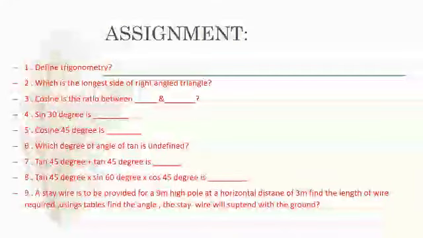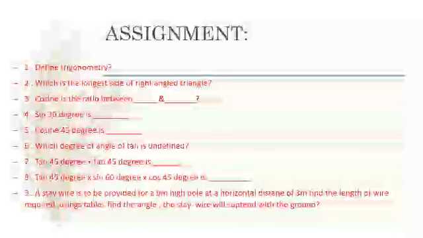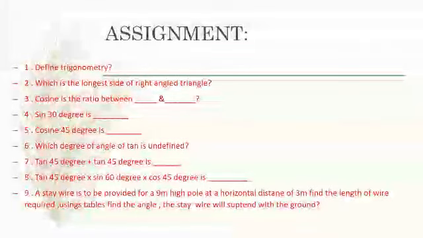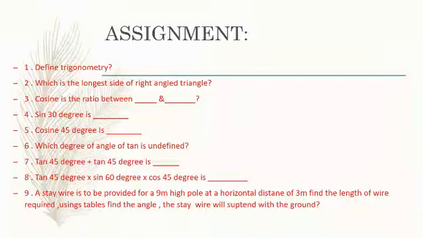So we are coming to the end of the session. End of the session is assignment. We studied all these things so far. So let us answer all these questions. My first question is define trigonometry. I defined it in the beginning only. In the first session also I defined it. Today also I repeated it. So you have to define the meaning of trigonometry.